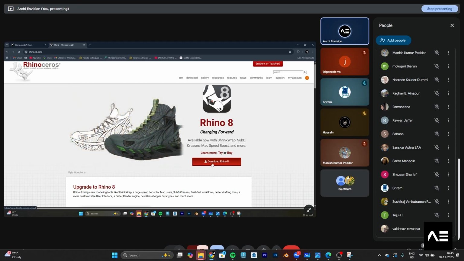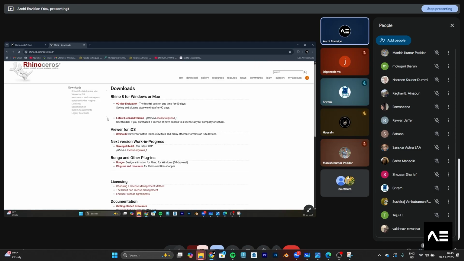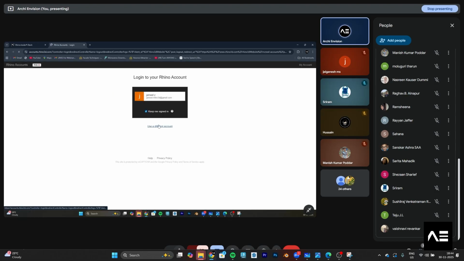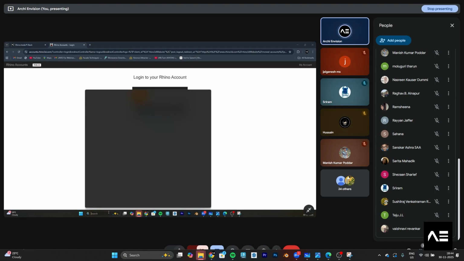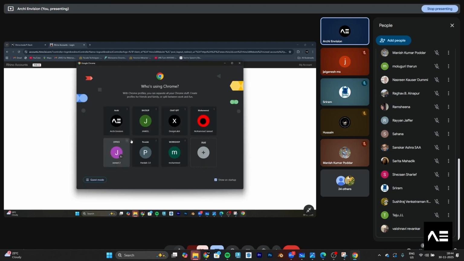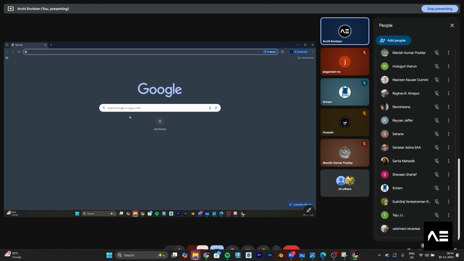Click on Download Rhino, and it will ask you to download. Before that I'll sign out and sign in with a new ID. How I create an ID is, I go to ChatGPT.